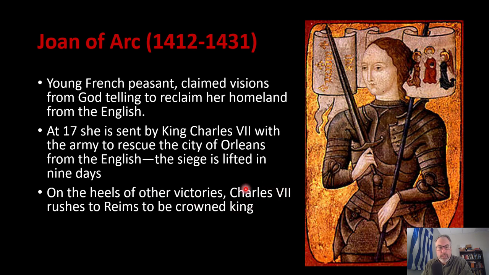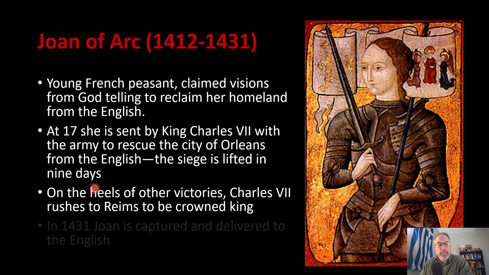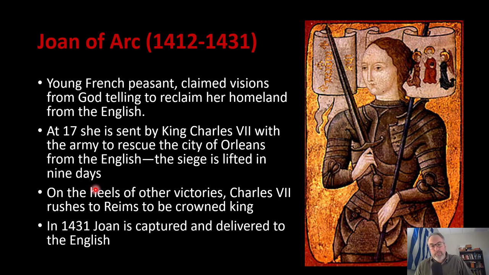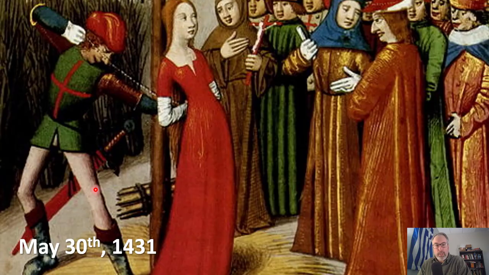And so Charles the Seventh rushes to the city of Reims to be crowned officially king. And again, he claims rulership over both France and England. So he thinks that God is rushing him to his victory. But right at the height of this, in 1431, Joan is captured, and she is betrayed and turned over to the English. And the English famously burn her at the stake on May 30th, 1431. Again, as a very young girl. I think she was 18 or 19 when this happens. Again, devastating to French morale.